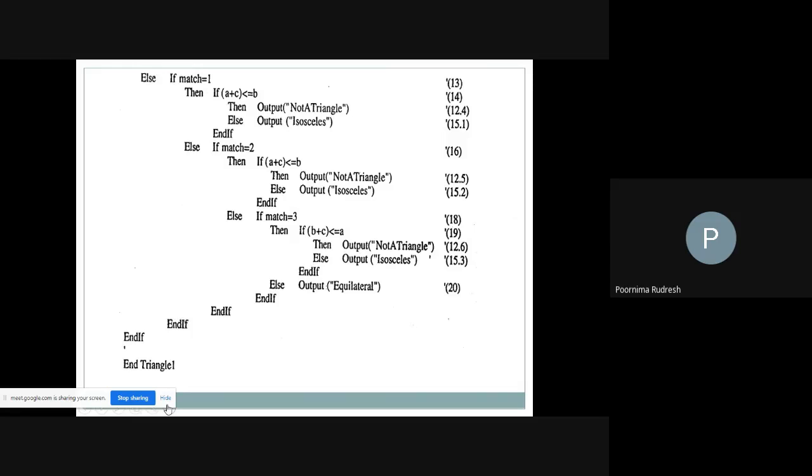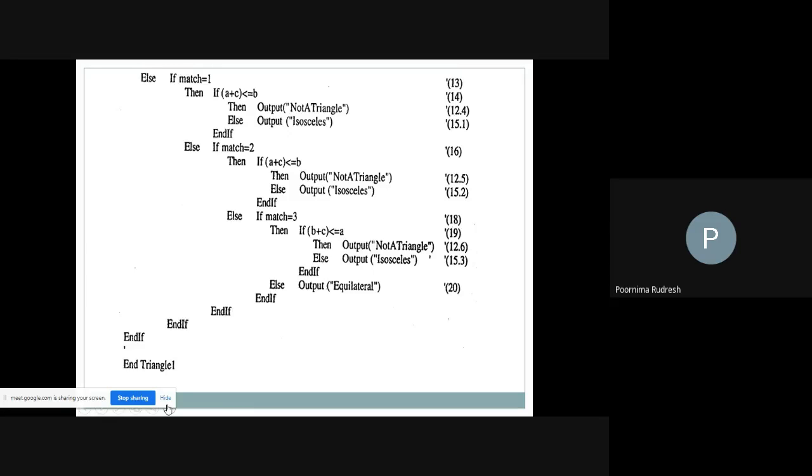But in the improved version, the range is given, between 1 and 200. For all three sides, we have to enter values between 1 and 200. If this condition is not satisfied, then it displays the error message.